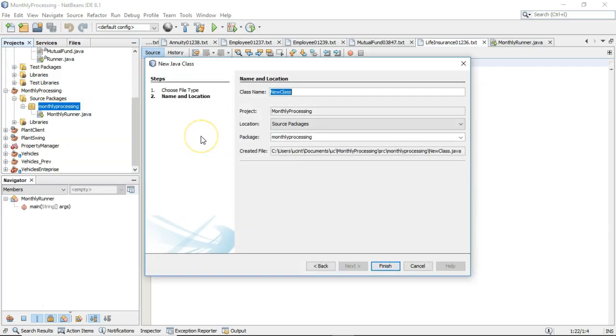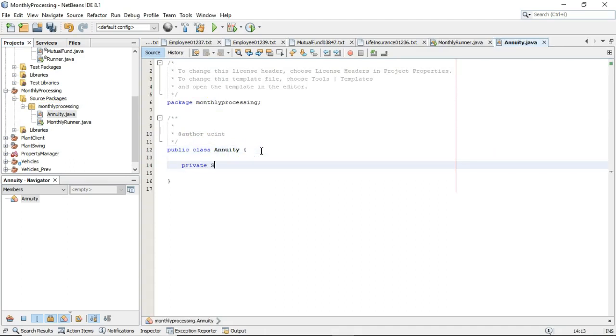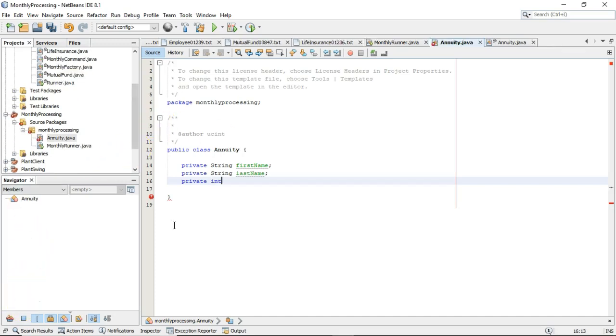So new Java class, and we'll say annuity, there we go, just like so, and then finish. And for this, I'll simply make it quick and dirty. We'll say private string first name, private string last name, and then private, I guess we could do string or big decimal, something like that. I suppose we'll just go ahead and make it an int. So int payment amount,